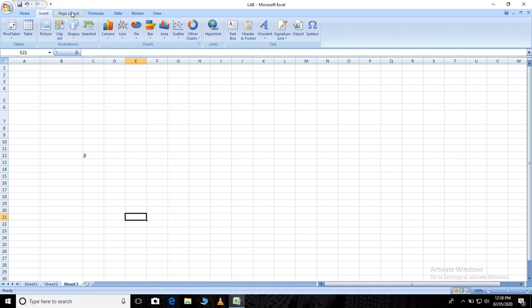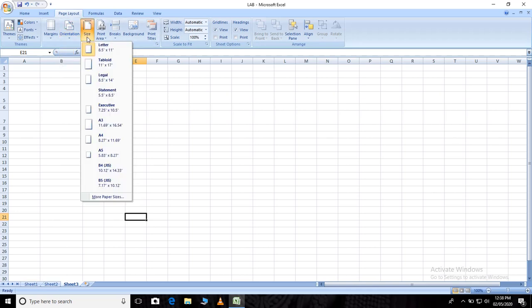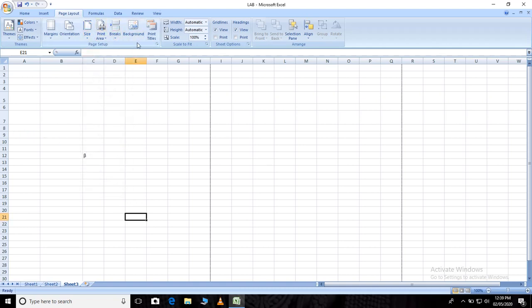Then if you go to Page Layout, you can fix the page layout here. You can see here Page Setup. There is first the option margin, then orientation. If you want to make landscape or portrait, you can change it, even the size. So I want size A4, so you choose A4. Then print area, now this is not needed because we are not going to print here. So this is regarding the page layout.